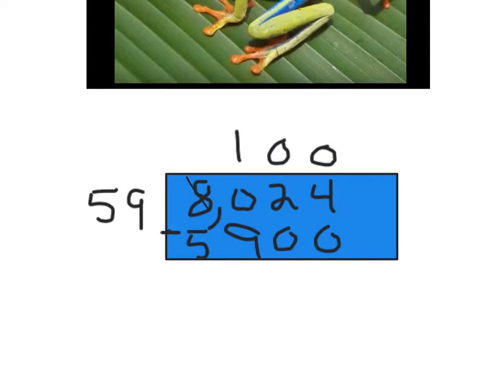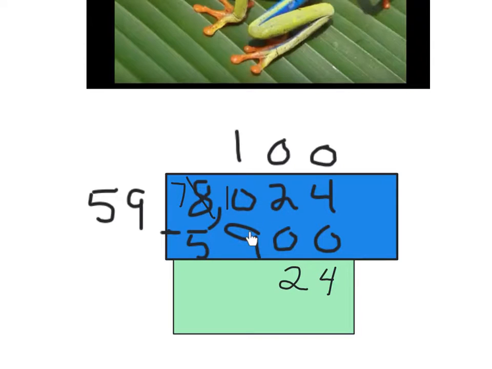And I'm going to borrow from this 8, turn it into a 7, and turn the 0 into a 10, and now I'm good to go. So I'm going to add another area box right here, and now I can subtract. 4 minus 0 will give me 4 right there, and then 2 minus 0 will give me 2 right there, and 10 minus 9 will give me 1 right there, and then 7 minus 5 is going to give me 2 right here, so I end up with